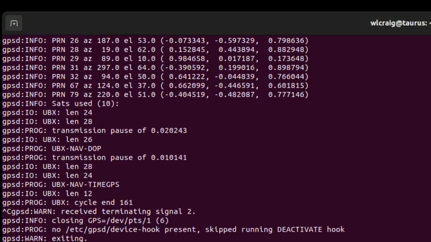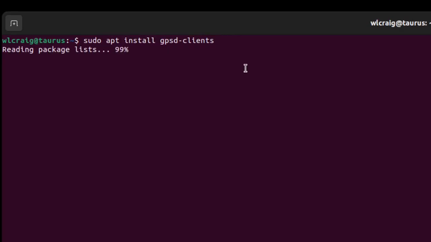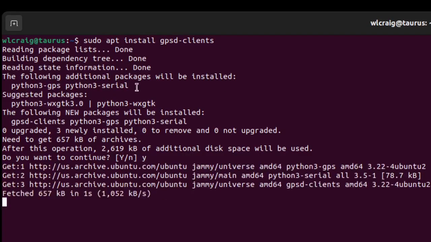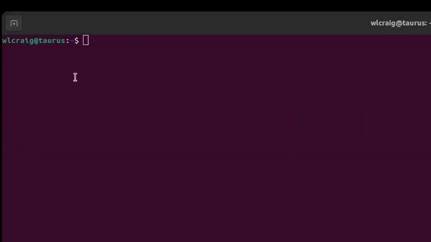So I'm going to stop GPSD here, and we can install GPS clients with the following command. Okay, and so now we've installed the GPS clients package from Linux, and one of the first GPS clients we'll try is XGPS. So to run XGPS, we're going to need to start GPSD back up again. So we'll run GPSD, and we will run it in daemon mode this time,